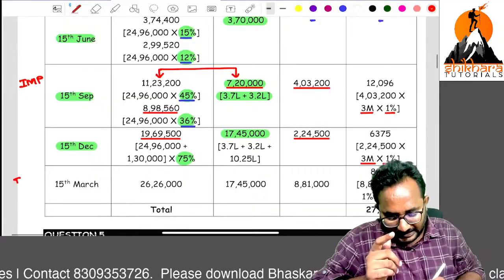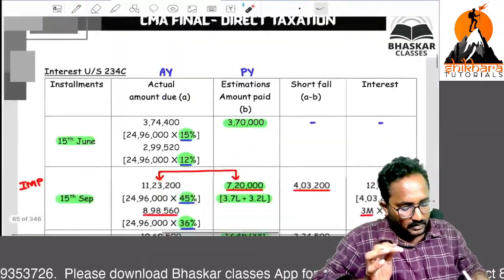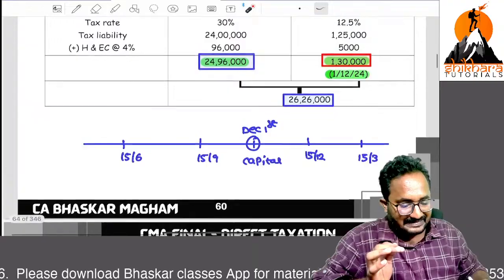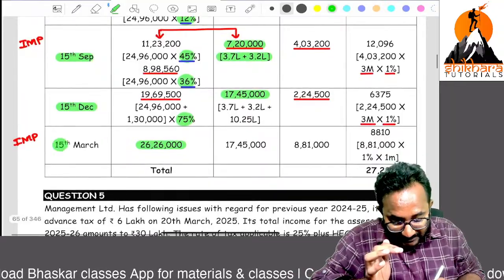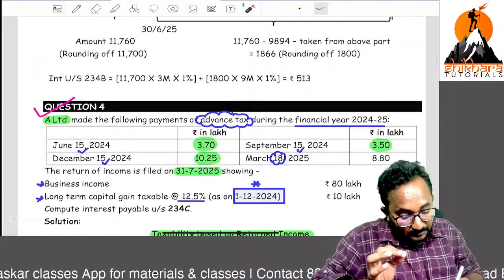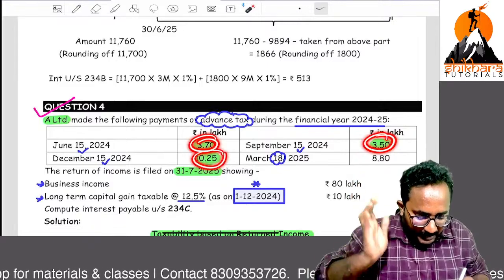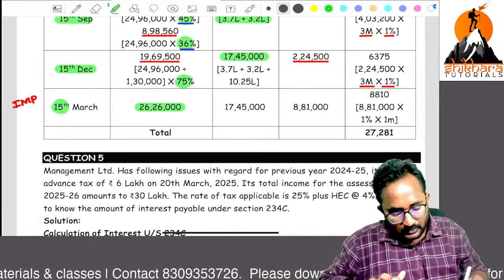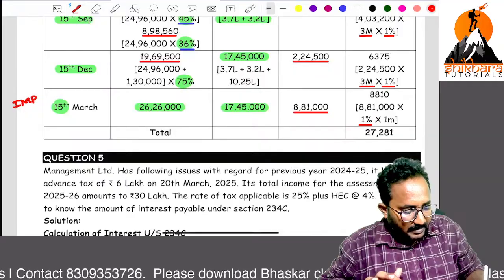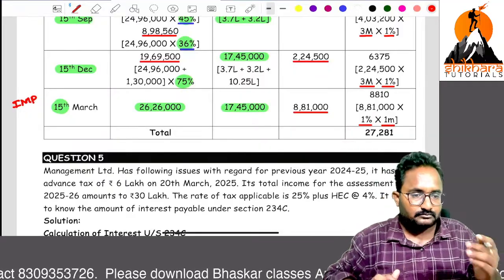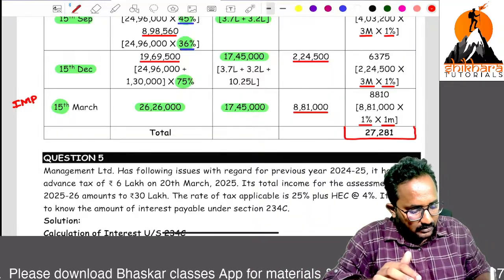The last one is also important here. Totally, you have to clear altogether 100%. What is that amount totally? I think here we have calculated 26 lakh 26,000 you are going to clear. But how much did you pay? Up to 15th March we paid these three only. It is also deferred. These three only we paid up to 15th March. So that's why totally this amount only we paid. On the shortfall amount, you can apply 1% per month, or 1 month. Clear? So the total, if you do it, is 27 lakh, sorry,